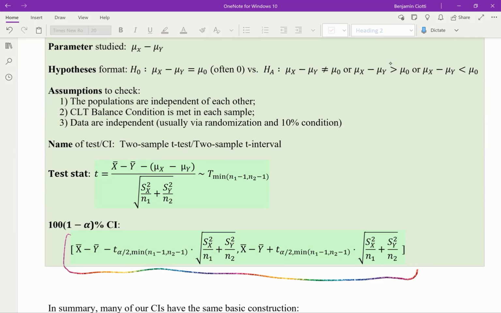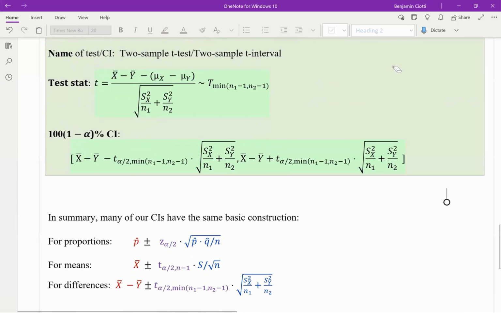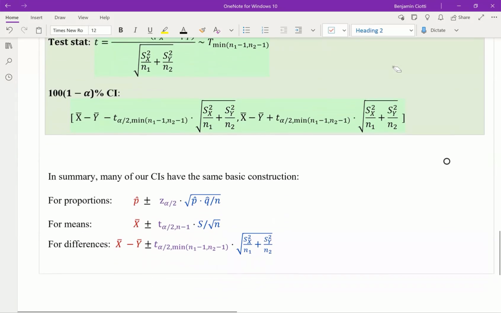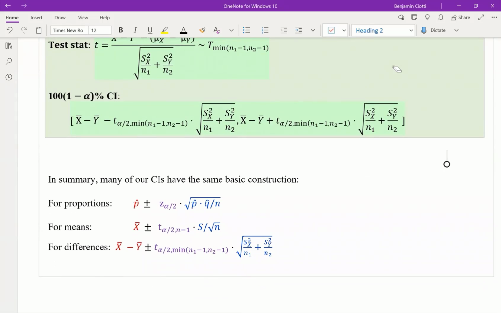And it's this long one. Okay, so if these formulas are getting to be kind of confusing, then let me summarize, because they all have the same basic form. When we did proportions, when we did means, and now that we're doing differences, they all start